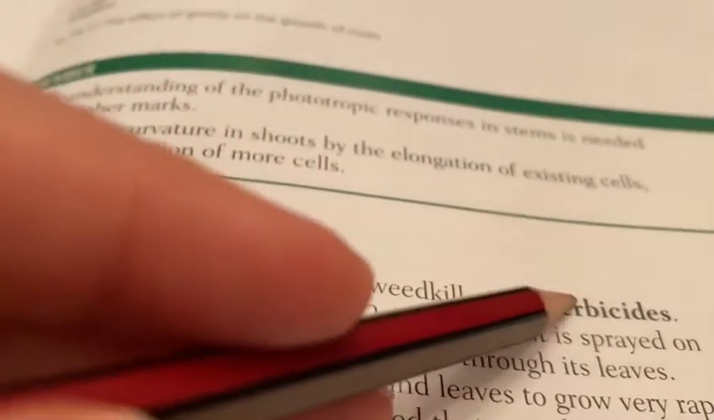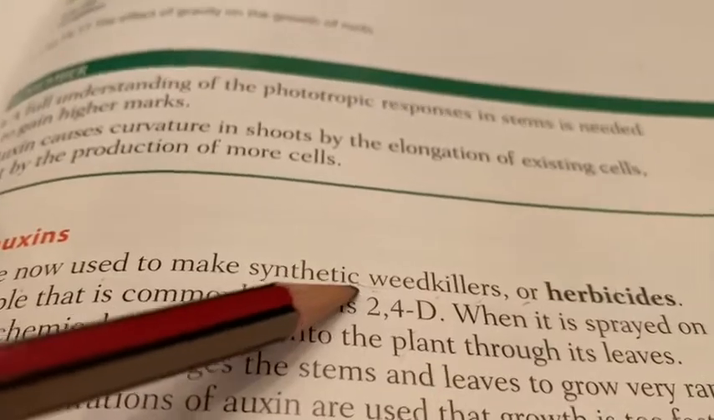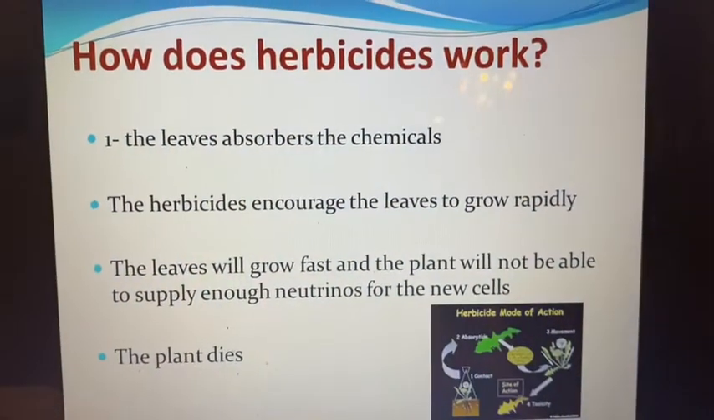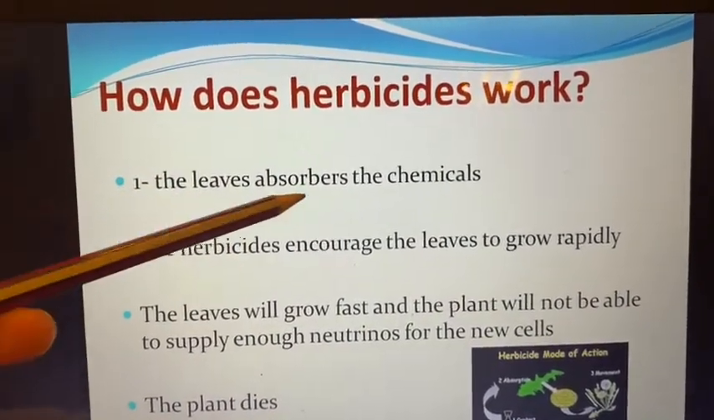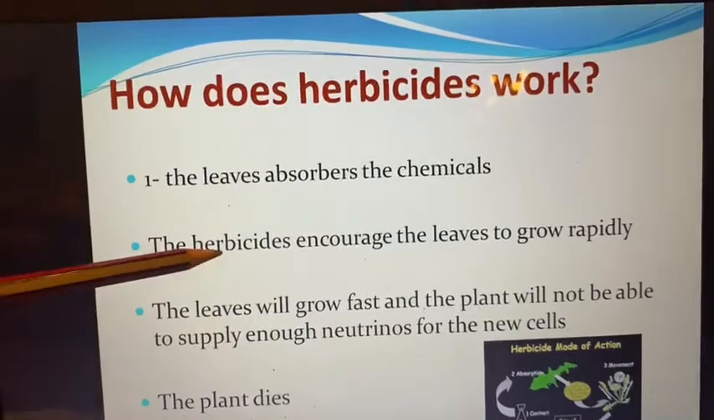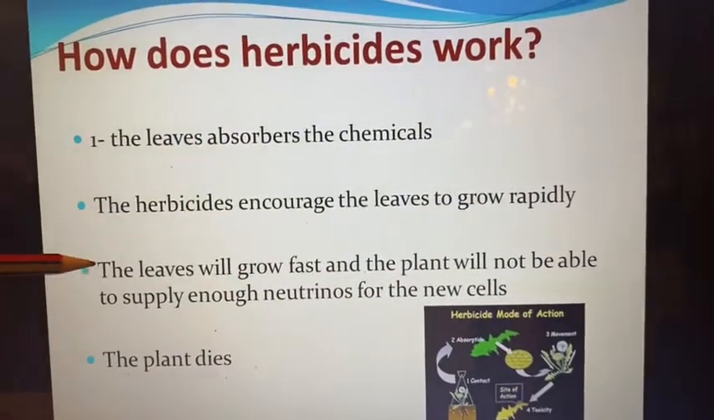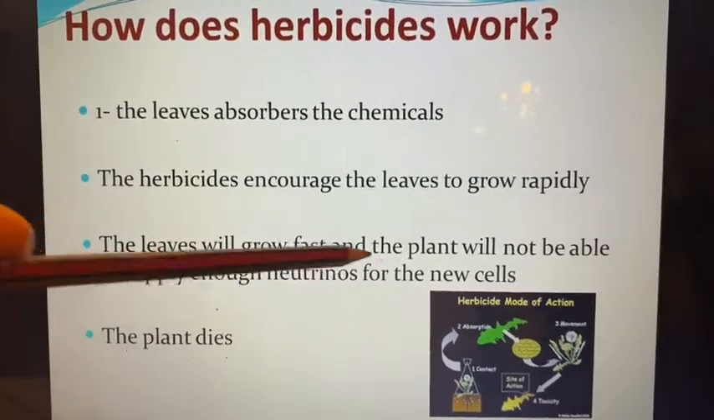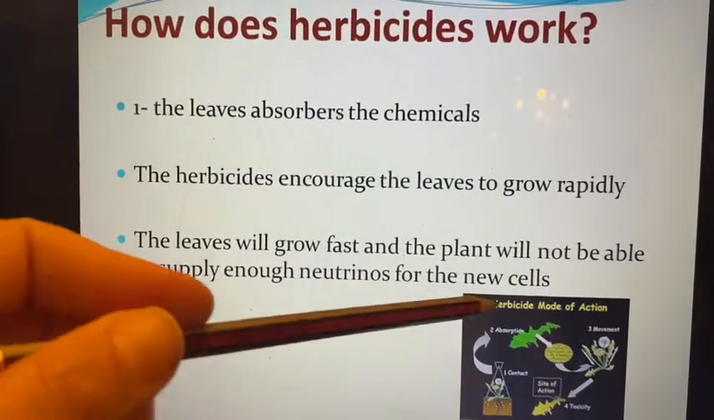Okay, so a herbicide is a chemical that can kill, or they call them weed killers. How can we use them? Or how do they work? First, the leaves absorb the chemicals. The herbicides encourage the leaves to grow rapidly. The leaves will grow fast and the plant will not be able to supply enough nutrients for the new cells,